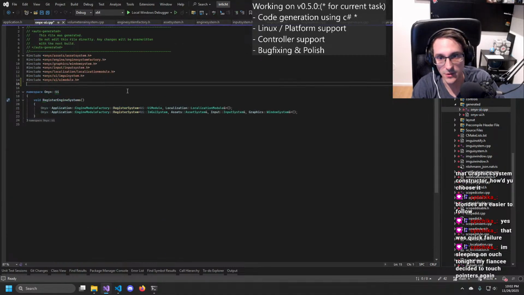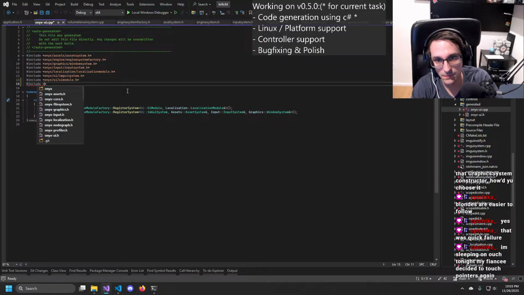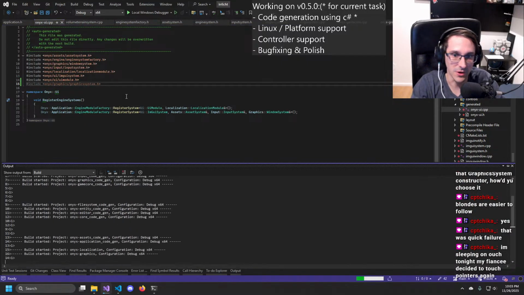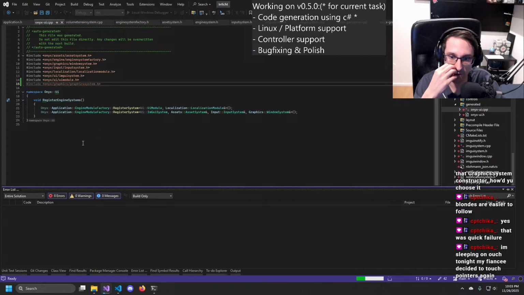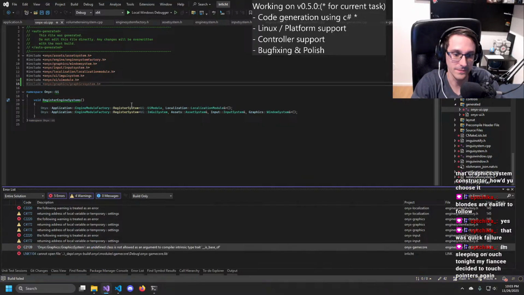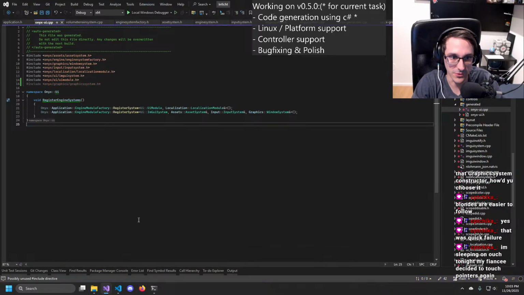So if I include here graphics system, then it's marked as not valid, but the arrow will be gone, right? Or like not used, which is, yeah, a little bit misleading, I guess.